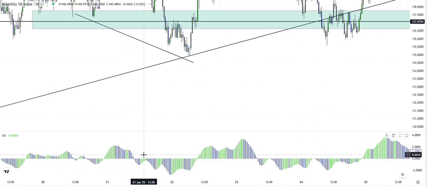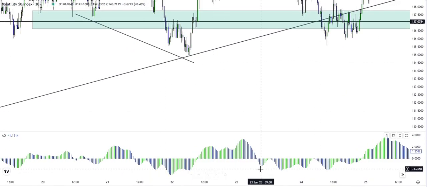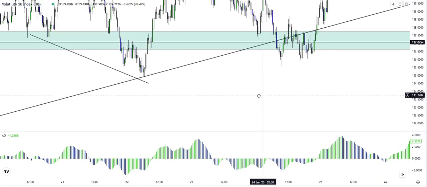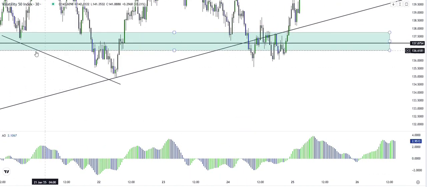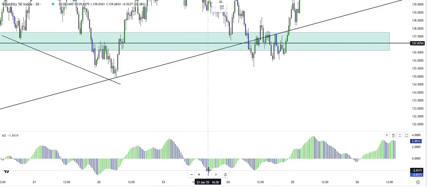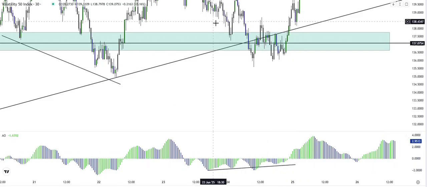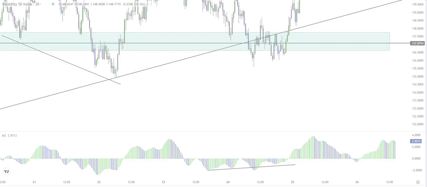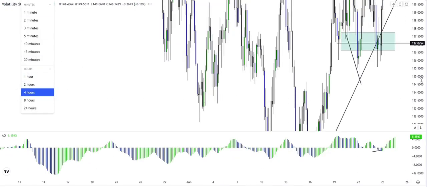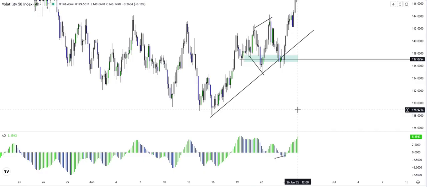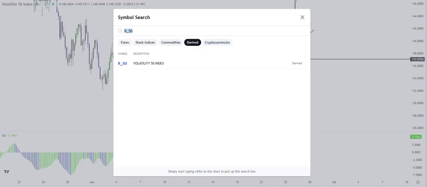So as you can see right there, as I've said before, sometimes you won't find your divergence between there or between there. Sometimes you'll find it at the zone where you're anticipating to enter. So as you can see, I found my divergence right there. The AO kept on going higher whilst those prices were still going down, so basically that's how I got this trade right there. Another trade that I got was for